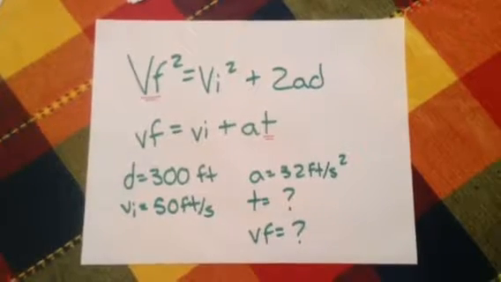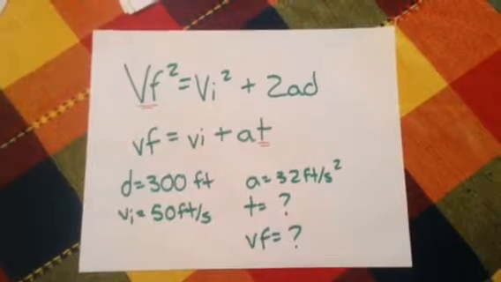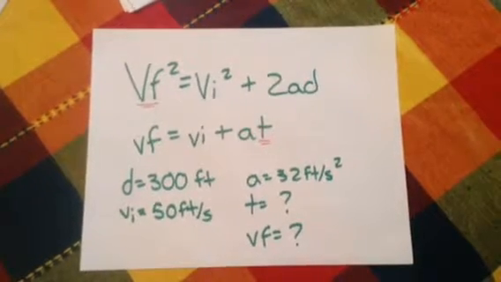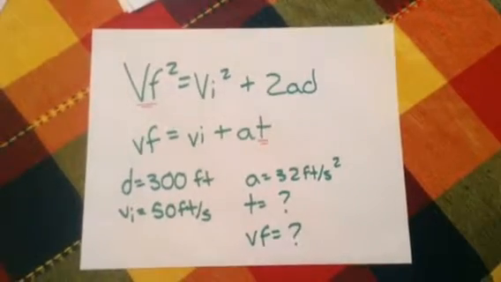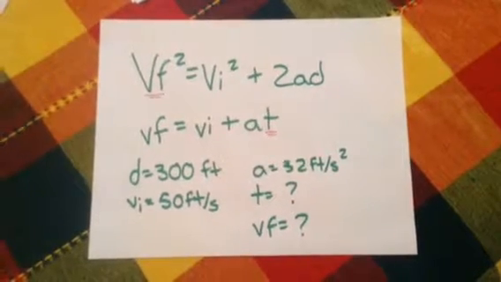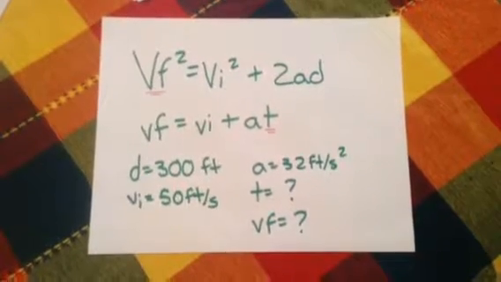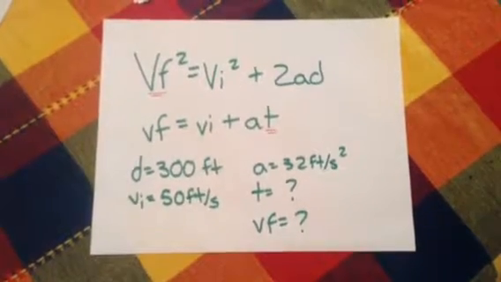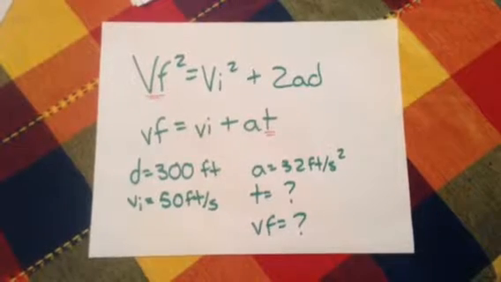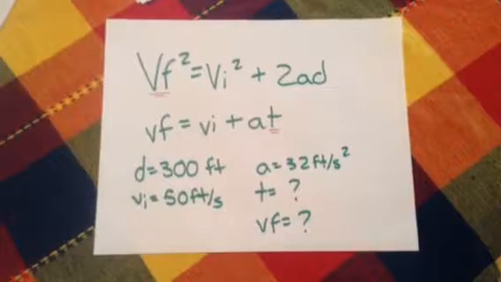The first formula we're going to use is final velocity squared equals initial velocity squared plus 2 times acceleration times distance. This is going to help us get the final velocity. The other formula is final velocity equals initial velocity plus acceleration times time. This will help us get time after we get the velocity of impact. Below that, we have the units to help us